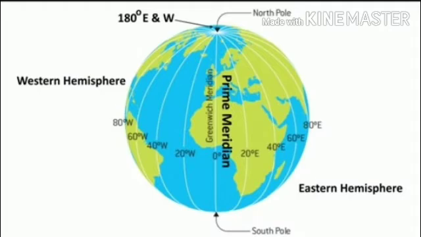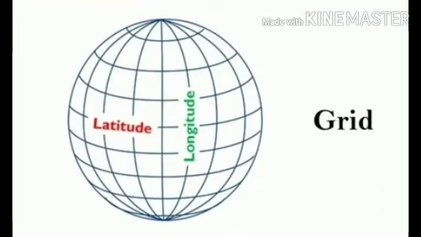How can we locate this prime meridian? The place where the British Royal Observatory is located is known as Greenwich. So we refer to this particular point as the Greenwich meridian as well as the prime meridian. Students, you can observe in this picture that 180 degree east and west lie on the same line, whereas the north and south poles are in completely opposite directions. It is very interesting to point out. And the value of this prime meridian is 0 degree longitude. So both latitude and longitude together form a grid.